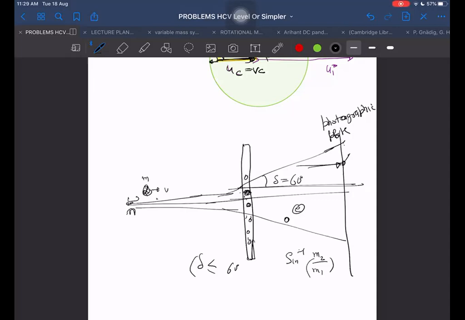Although there are few nuclei which have less mass than an alpha particle, I can consider this experiment with some heavier charged particle, not alpha, and project that. And if it is deviating by a certain angle, which is always less than 60 degrees, then I can find out what the mass of the nucleus is.